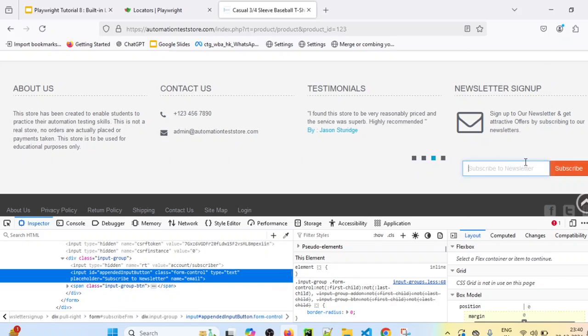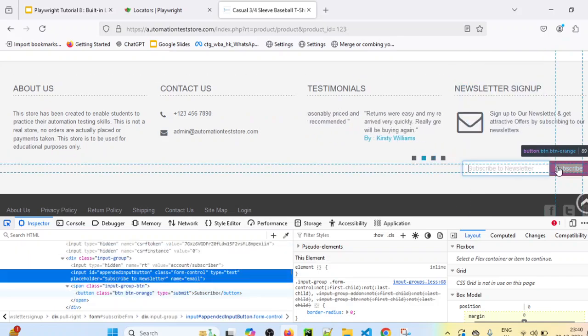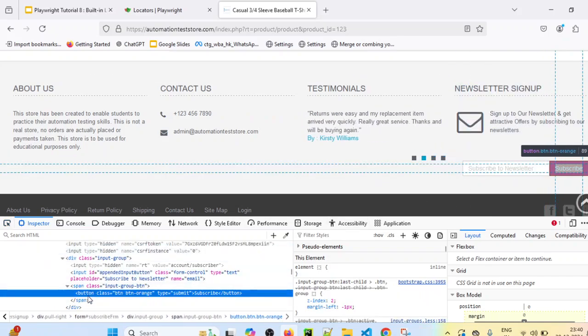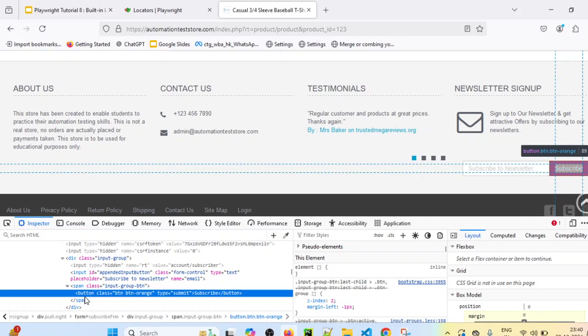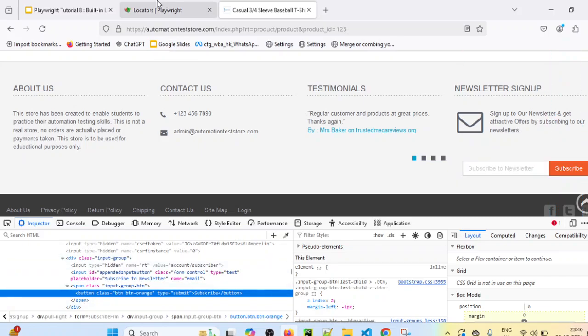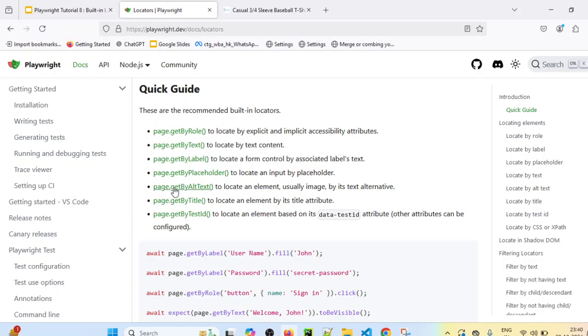Now to click on this subscribe button, again I will use another way, that is the getByRole method. For the getByRole method, this is basically a button type. If you see, submit is a button. So this subscribe is basically having a role of button. If you see their official documentation for page.getByRole, it is used to locate by explicit and implicit accessibility attributes. So if I open this,